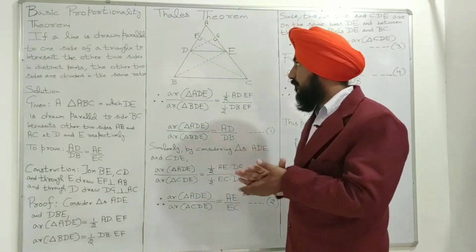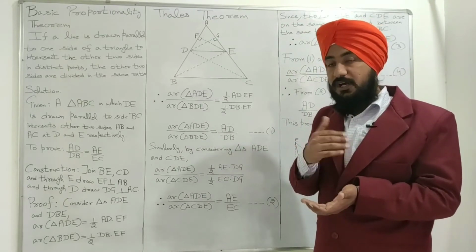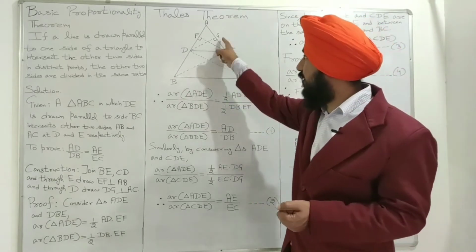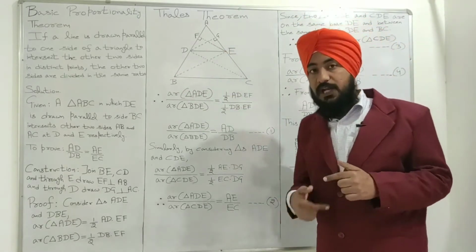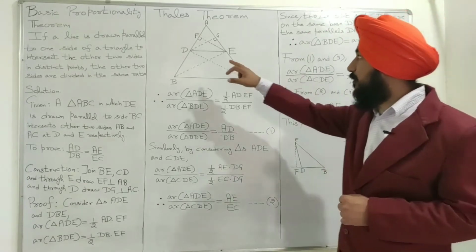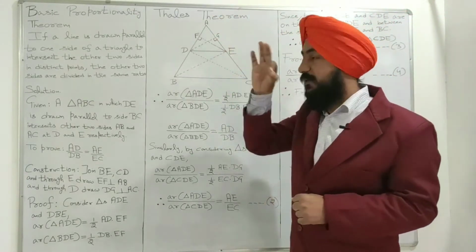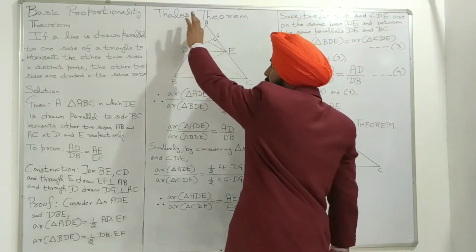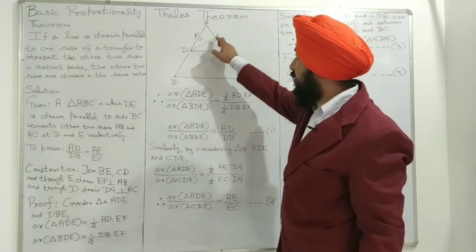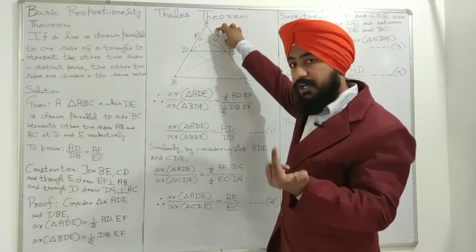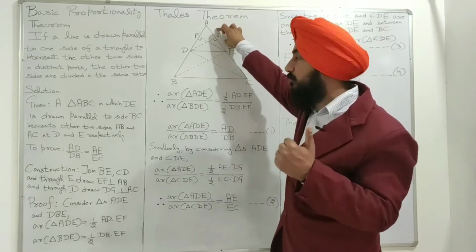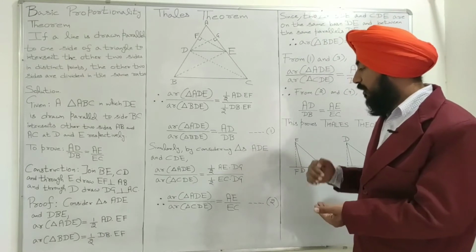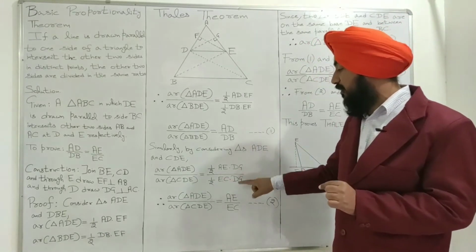We know that we always take the perpendicular or the height on the base. It means this AE side is representing the base and this DG is representing the height. If we want to calculate the area of triangle ADE, now DG is representing the height and this AE is representing the base. When we took EF as the height, we took AD as the base. Now we are taking DG as the height, so this AE side becomes the base of this triangle. So area of triangle ADE is equal to 1 by 2 AE multiplied by DG.